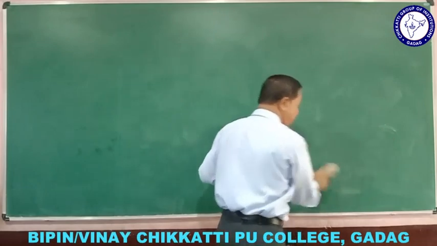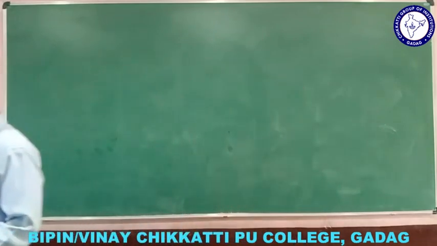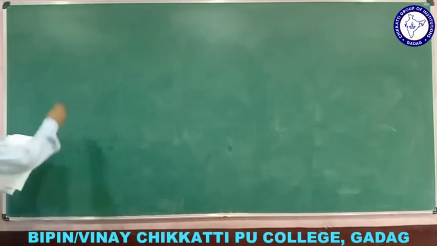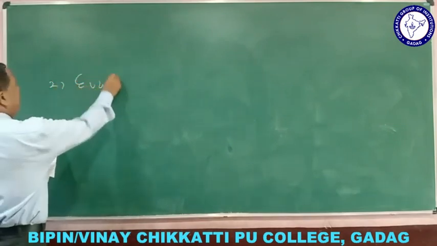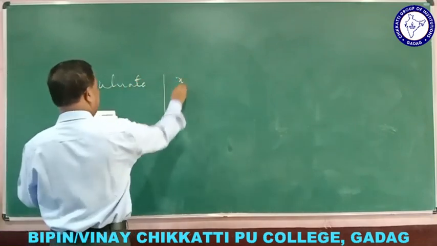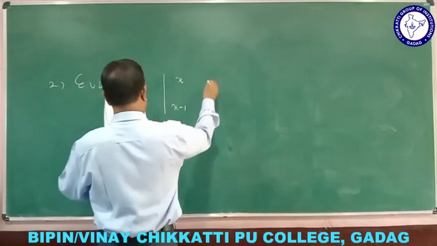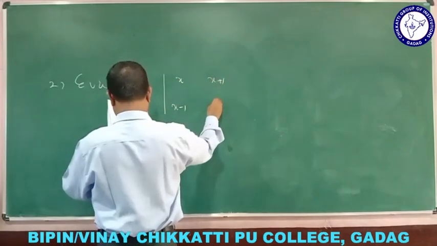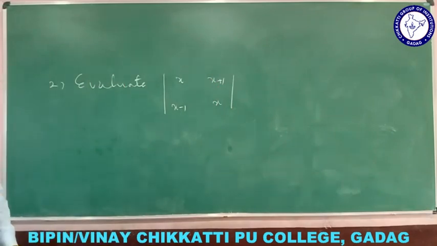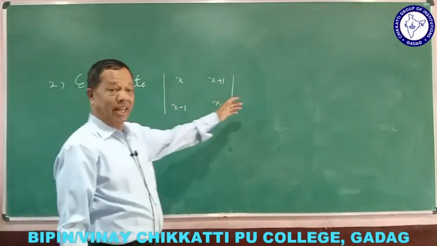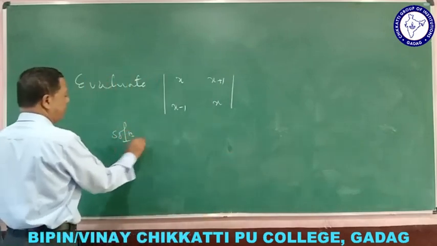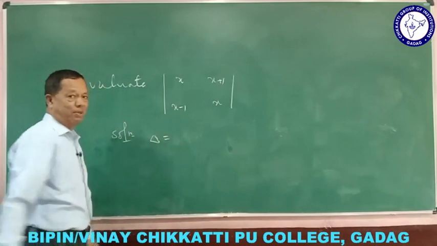So one more question generally they ask, and that problem I have to write it. See this, how this is to be written. Second problem here, evaluate, just for your reference I am giving, which is already asked, the determinant with rows x minus 1 and x, and x plus 1 and x. So here you have to find out this value. Because you have seen that only the numbers, but here the value is the solution. How you write? Determinant. Determinant symbol you understood.